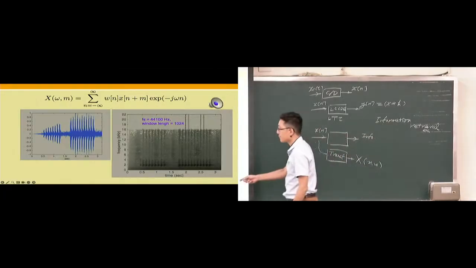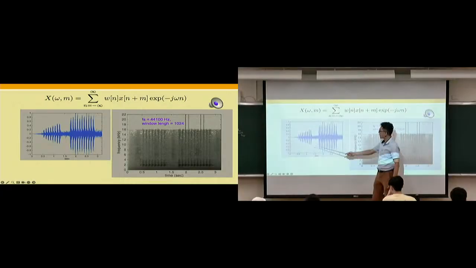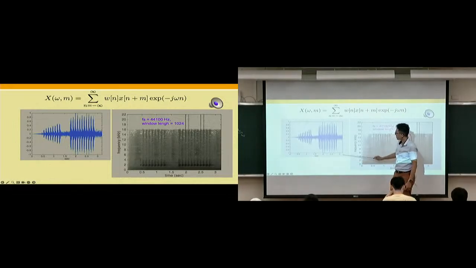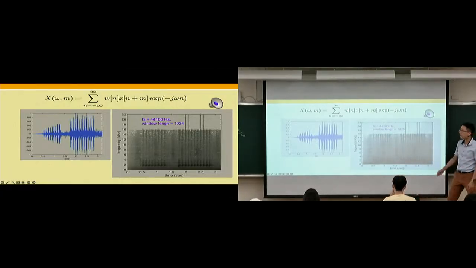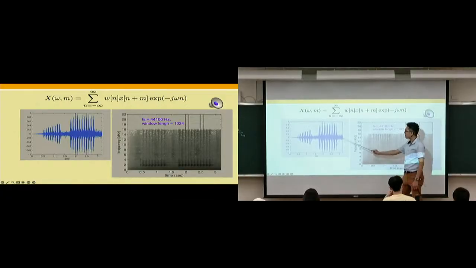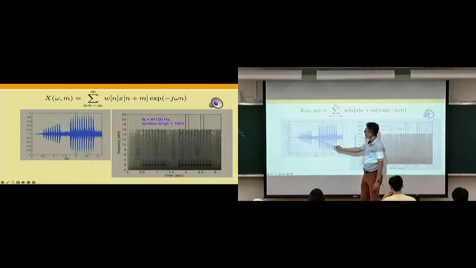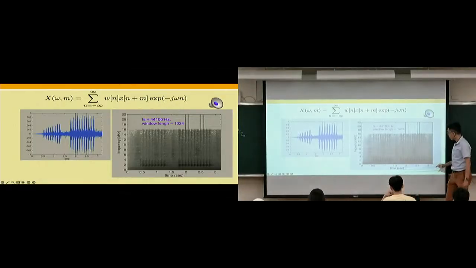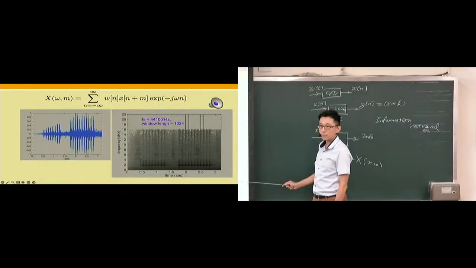Okay, so in the time domain, we have a sequence of pulses: 1, 2, 3, 4, 5, 6, 7, 8, maybe 12, something like that. And fast ones, so the entire time duration is like 3 seconds long, with almost 20 pulses of sound. So that's in the time domain, right? In this example, the time domain tells you where the pulses are, but it doesn't tell you more. Actually, when you go to your short time Fourier transform,